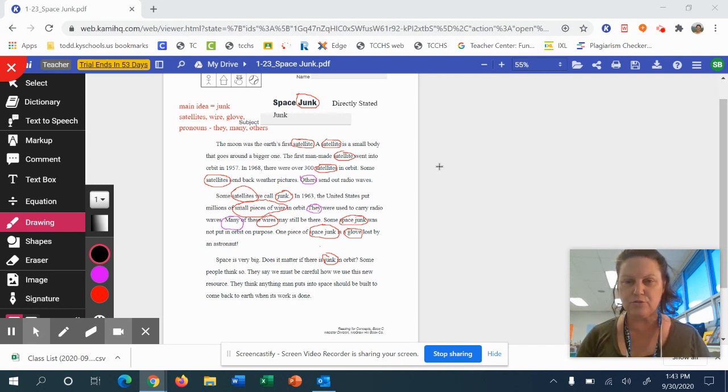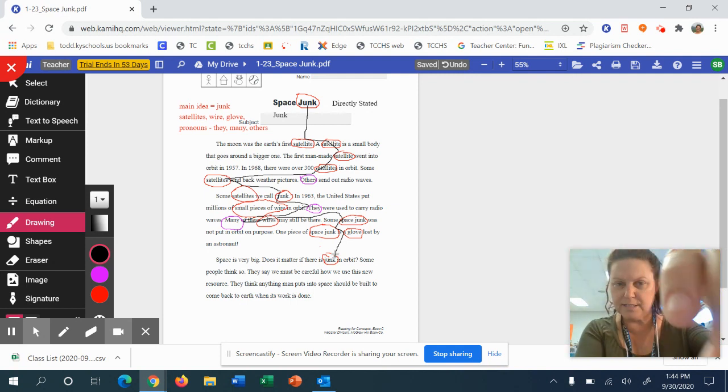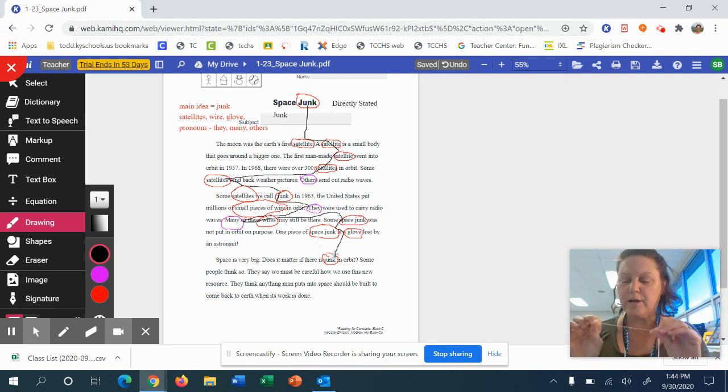And now the last step is drawing the line. So we're going to connect the title with the main idea. And basically, we're putting that thread that connects all the other threads with the main idea. So this is not easy to do. I'm using Cami as an app. So we found the main idea, and this string is the symbol for this thread that's running through the whole passage. Building reading comprehension starts with being able to identify the main idea of the passage and